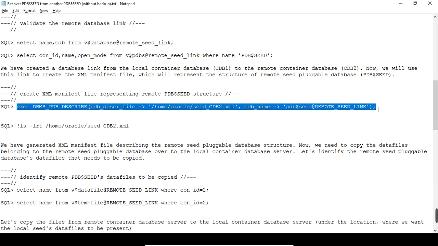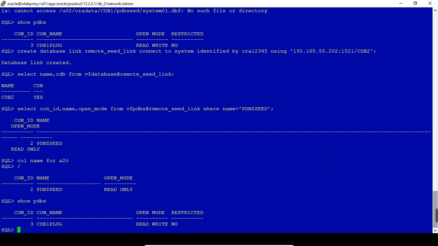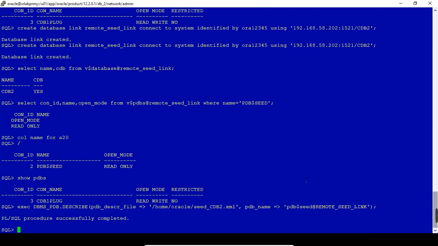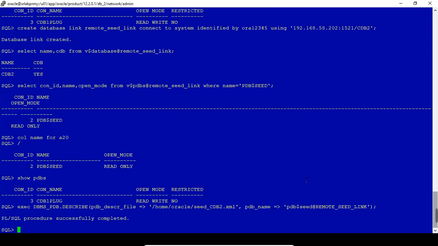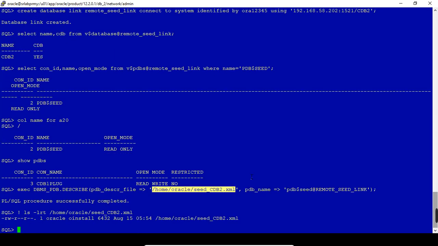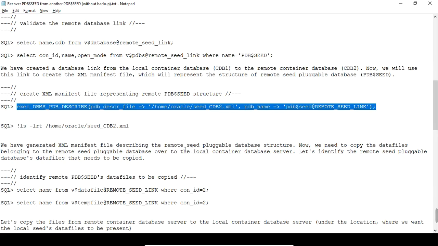I am explicitly mentioning PDB$SEED here. So it is done. Run ls -lrt to check whether the file is available. So it is there.